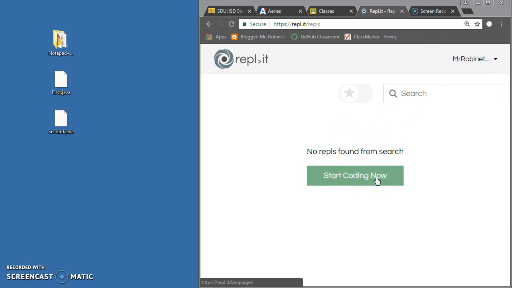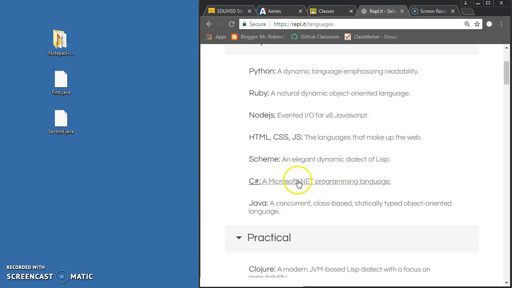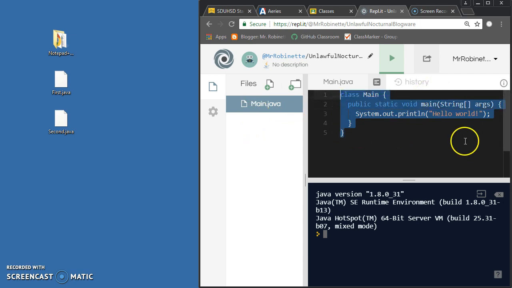So you want to sign up for this, and then once you get logged in, you're going to get a screen, and it'll say start coding now. You just click that, and you're going to be coding in Java, so you click Java, and then that'll give you a screen like this. Main is the important part, okay? So the main file, you could actually copy and paste your code in here, but what you probably want to do is, instead of doing this,